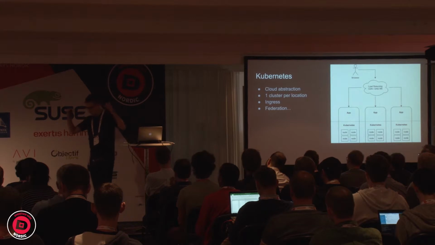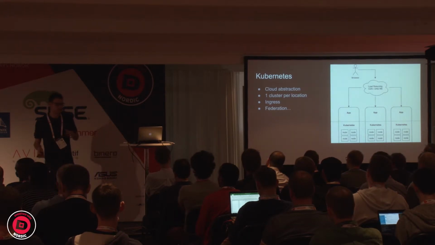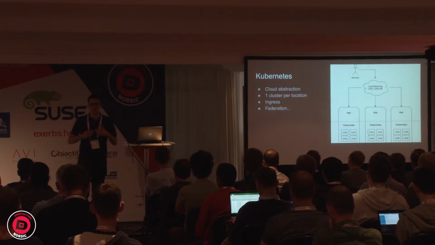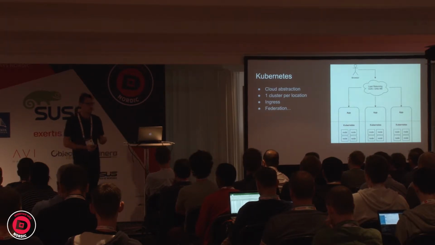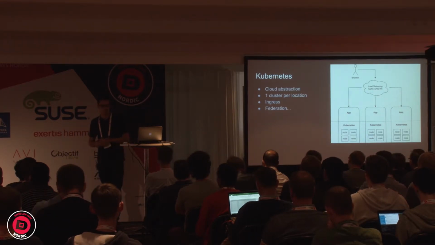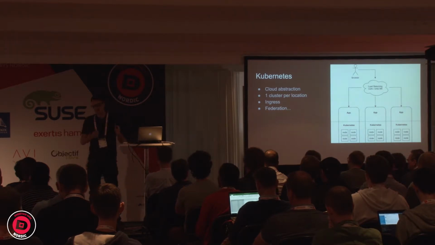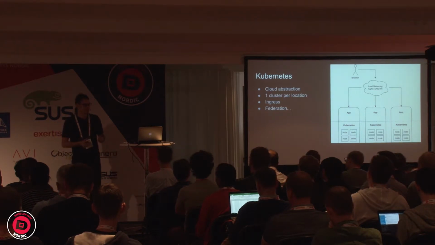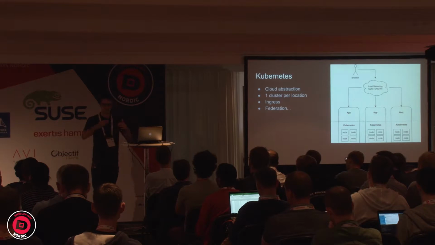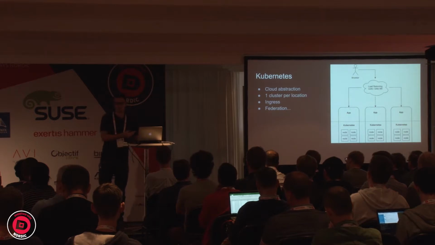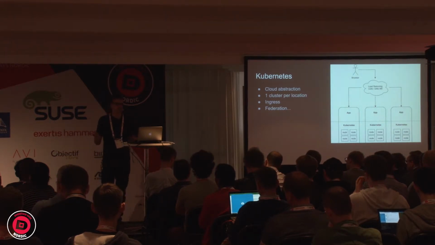Now, the application runs on Kubernetes, but you could imagine many different ways to run the application on Kubernetes. What I suggest here is to use Kubernetes as a cloud abstraction layer that will abstract the infrastructure for the application. So it will give more developer-centric constructs to the application. It's important to do one cluster per location. We should not do one cluster across several data centers. That's going to create lots of problems, and most importantly, it's going to make issues with the resiliency goals we had earlier. If we have one giant cluster, we have one giant failure domain,